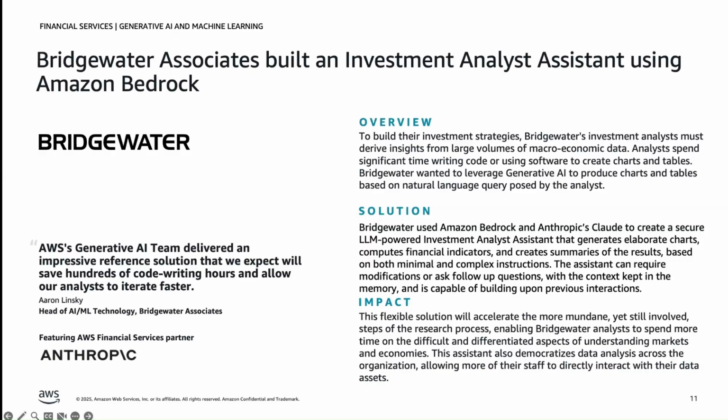And so in terms of impact, you can imagine how it reduces the time to market from hours or even days to a few minutes, just like typing your question, and then the analyst gets the insight that they're looking for. So it does two things. Obviously, again, improving efficiency, saving time, but also democratizing access to data analysis across the firm.